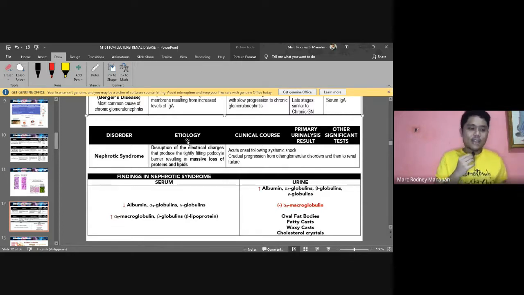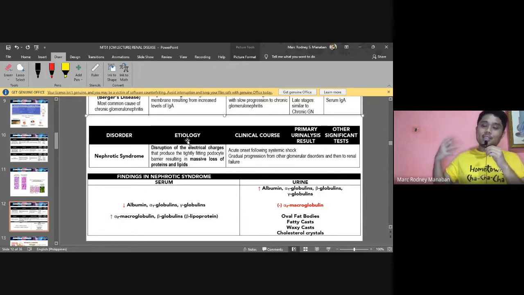Again, so for serum, unsay levels natong makitaan, there is hypoproteinemia or hypoalbuminemia, and there is hyperlipidemia. So gamay ang protein sa imuhang blood, pero daghang lipid sa blood. In contrast sa urine, of course, daghang proteins na dito. So there is proteinuria, okay? Massive proteinuria in your urine, and of course, there's also massive lipiduria, okay?